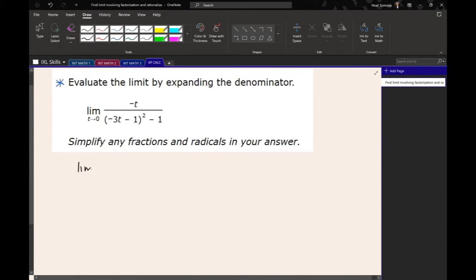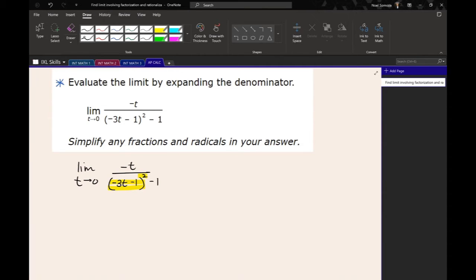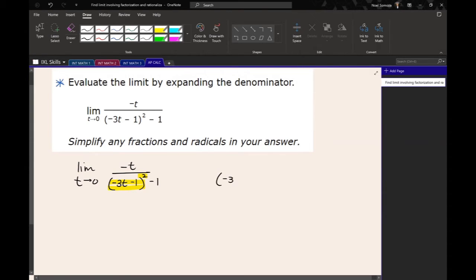So what we have here is the limit as t goes to 0 of negative t all over negative 3t minus 1 squared minus 1. We'll begin by expanding, right? So we want to expand the binomial, apply the power of 2. So if we go off to the side here, do a little bit of side work,